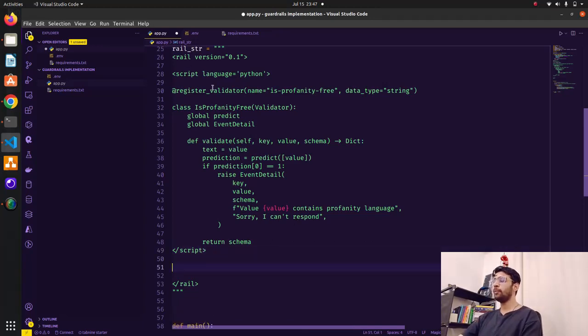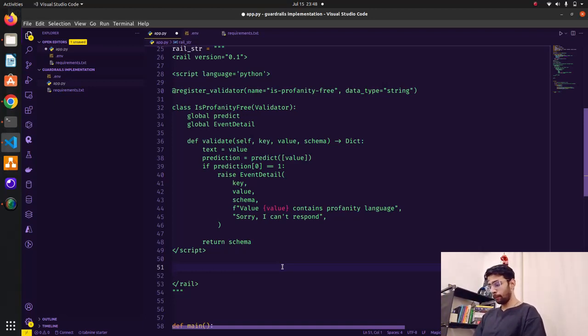So in this script we have a language called Python. We have a function that uses a predict from profanity check and passes the value, and if the value is 1, we are having some kind of event detail just to track it out in the terminal, and you can also print it on the UI on Streamlit, or if you are using some other framework there. Now we also have to define an output object. Okay, so let's do that as well.